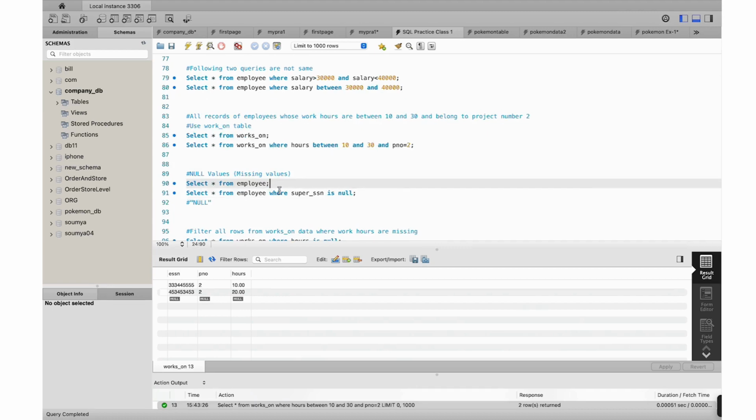Like that, with NULL you can find where missing values are. So, where is null,